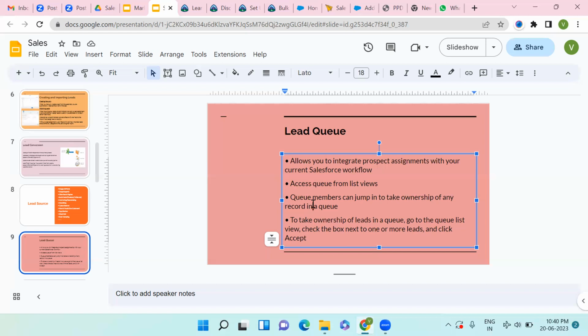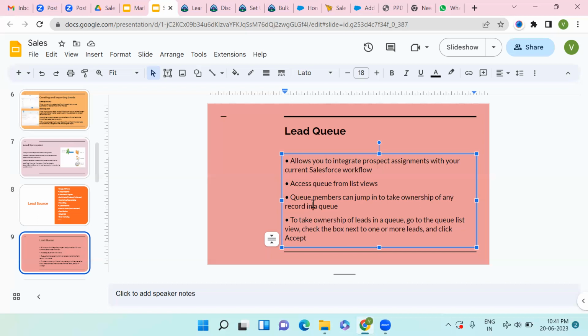Why are we calling it a queue? Because whenever a new lead is created, you can assign it to a single person, or to a public group, or to a queue. Whoever is available in that queue will pick up that particular lead, so that every lead gets taken care of. That lead doesn't have to wait much longer.